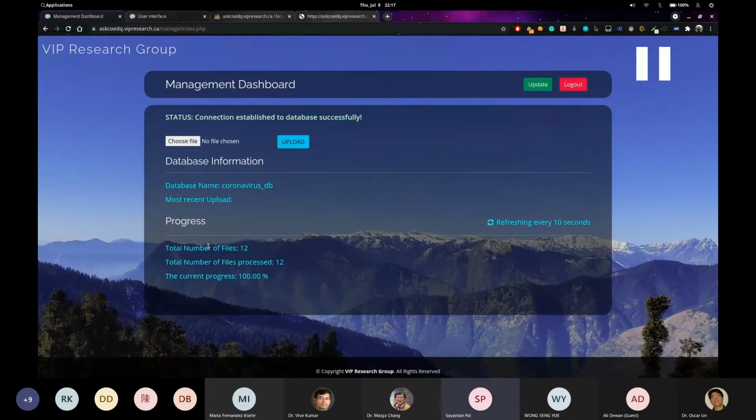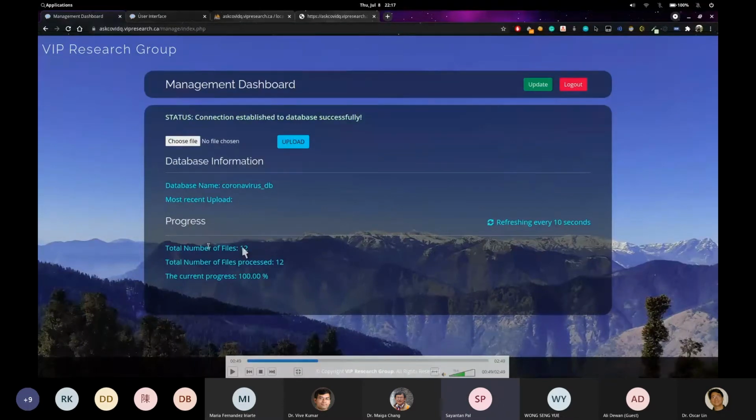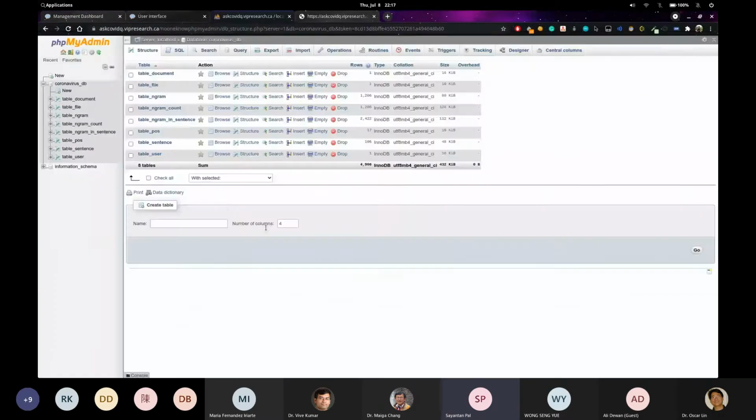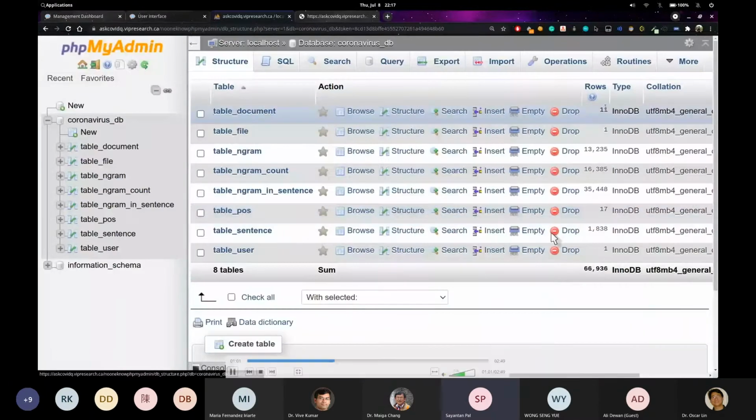After 15 minutes, as you can see here, instead of that 16% you remember from stage one, we can see 100%. All the files got processed after 15 minutes. It takes some time to process, and the time depends on the size of the document. Once this gets processed, we can also see that the tables got updated.